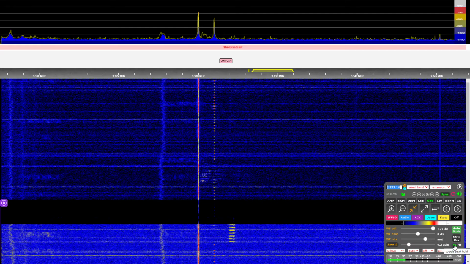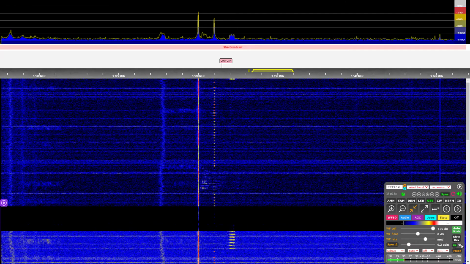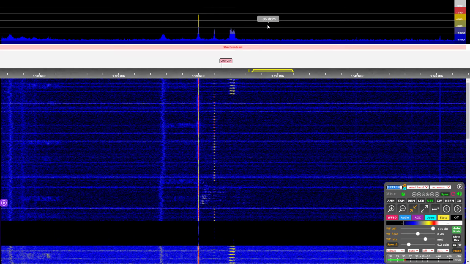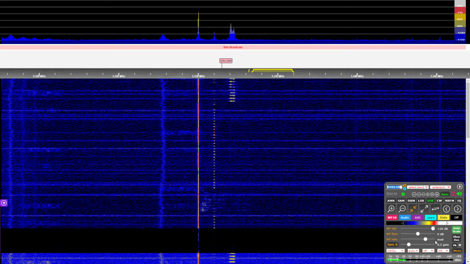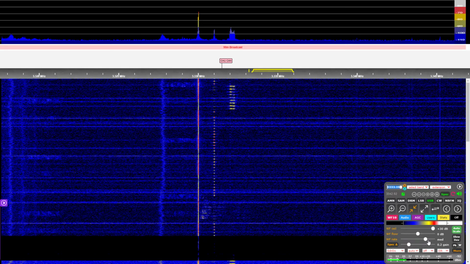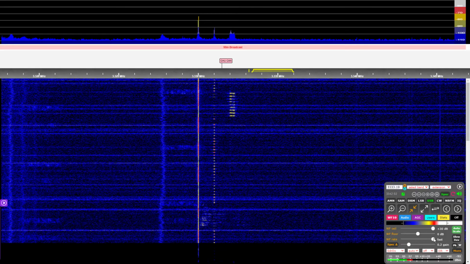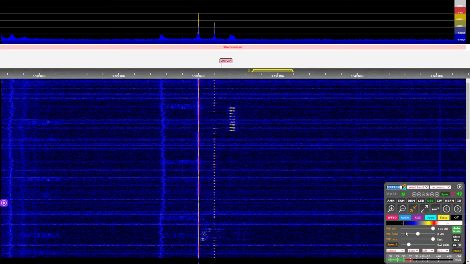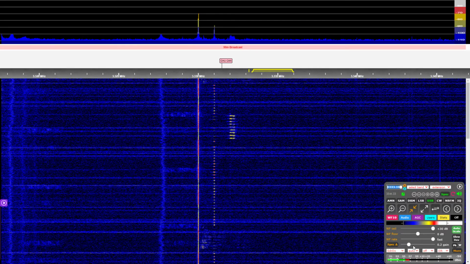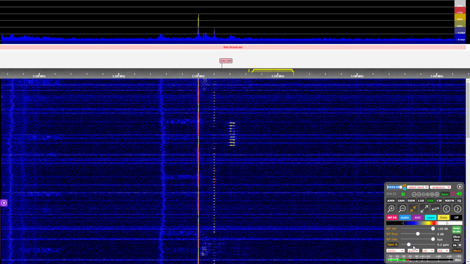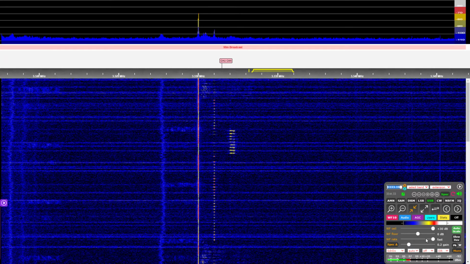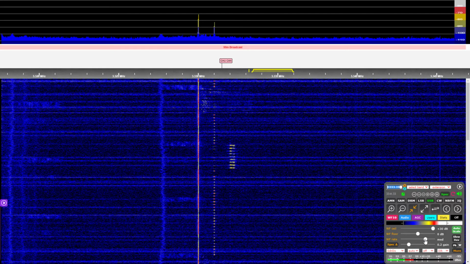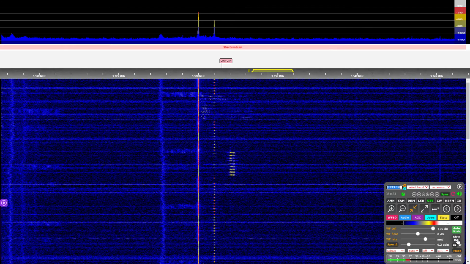So I'm going to stop this peak hold. I'm going to get out of there. And you can see how it acts. I'll go back up into high and watch, we're going to fast. You could see that the waterfall moves a bit faster. I don't know what terms it could use about how fast it's actually going. But I'm going to move it back to medium.